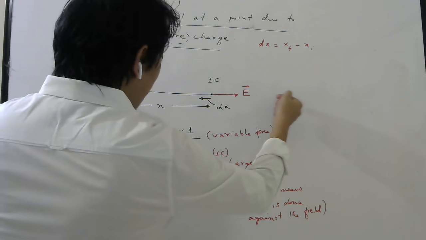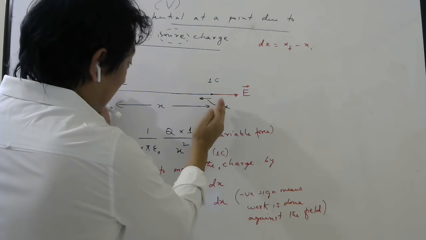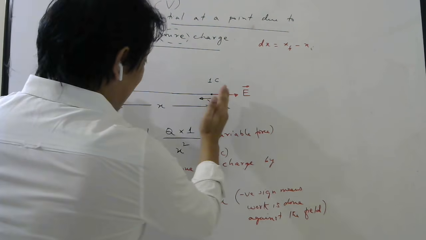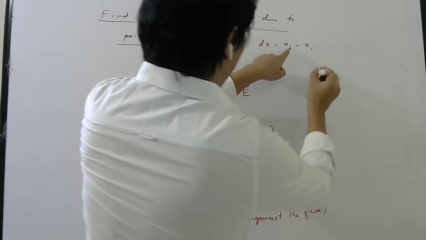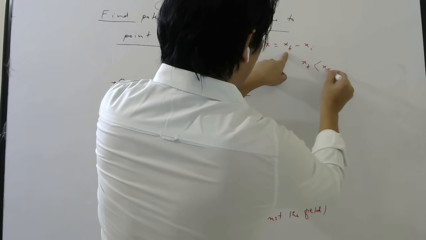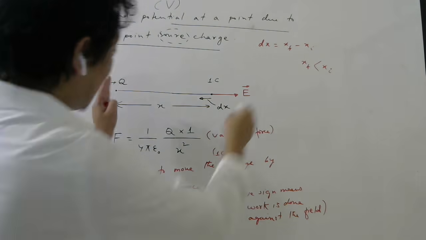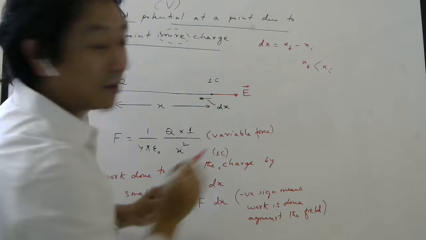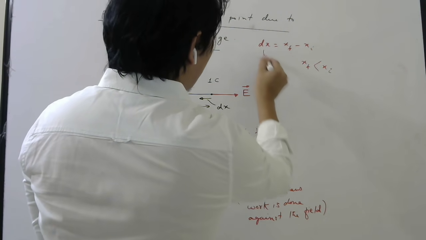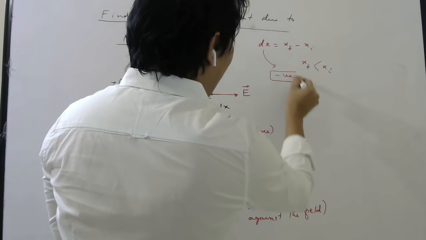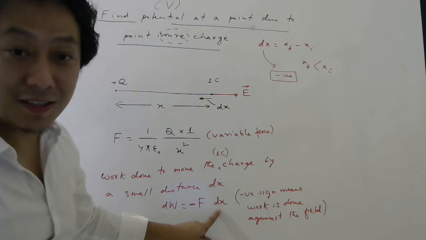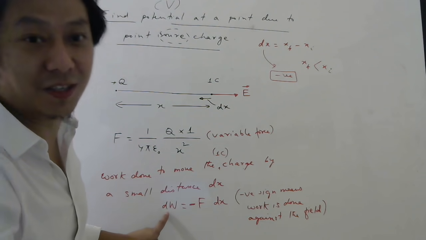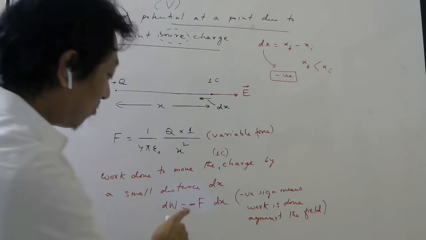Now since I am moving this way, your x coordinate is decreasing. Can you see that your x coordinate is decreasing? So since x is decreasing, your final x will actually be less than initial x. If this is smaller and this is larger, your dx will be what kind of quantity? Negative quantity. So this dx is actually negative. So you need one minus sign so that this will be positive. That is the actual reason why we put the minus sign.